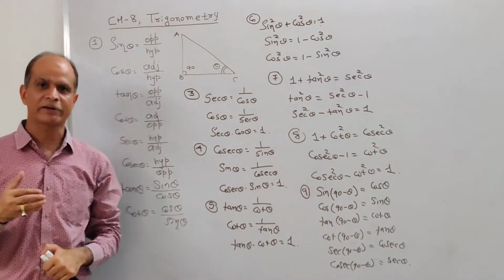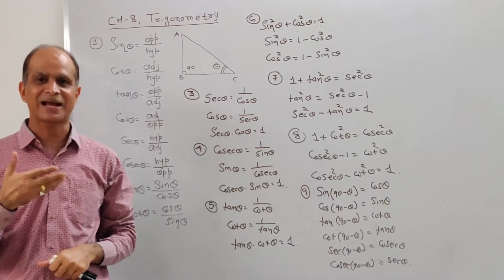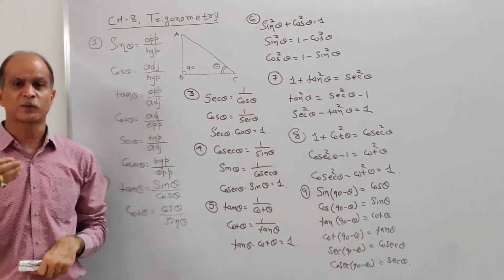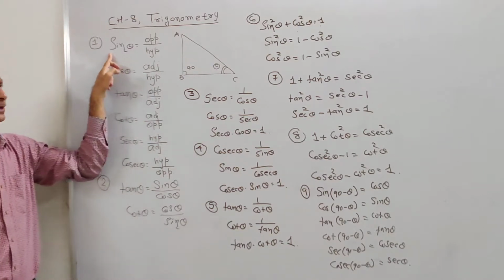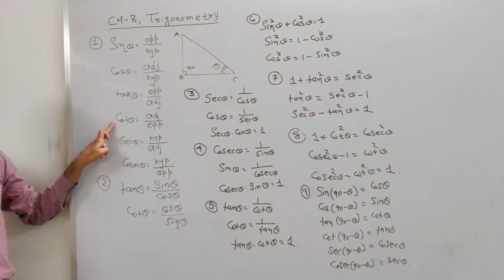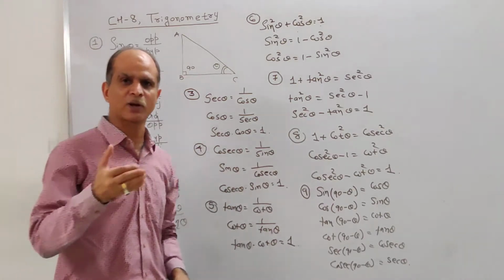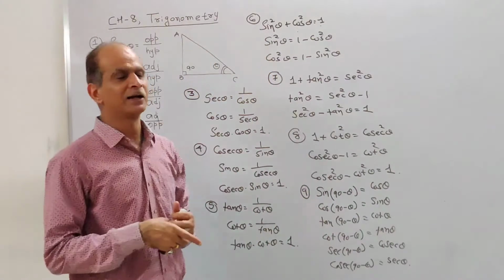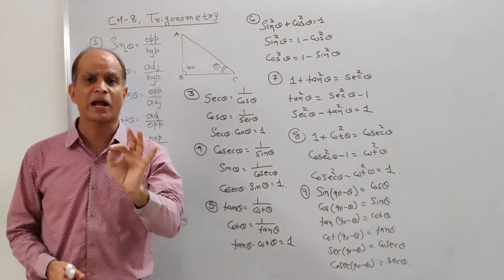This trigonometry is very important for the students who want to take 11th science. There are 6 trigonometric functions in trigonometry, and those functions are denoted by sine theta, cos theta, tan theta, cot theta, sec theta, and cosec theta. You have to write these trigonometric functions along with theta. Theta is an angle, and this trigonometry is for a right angle triangle.